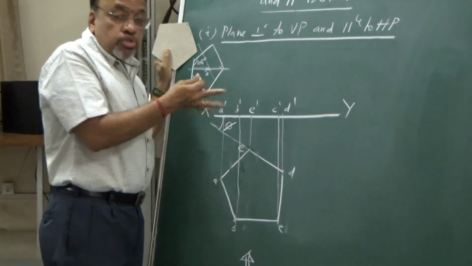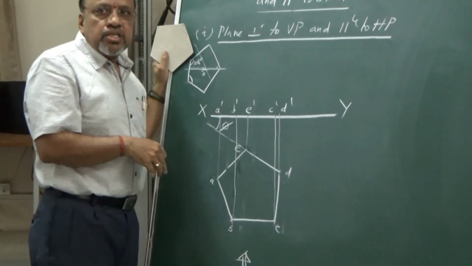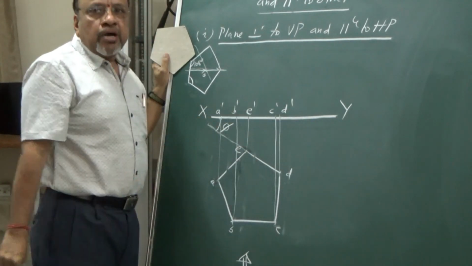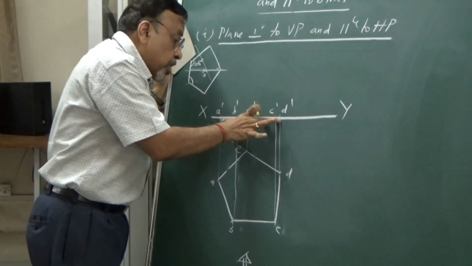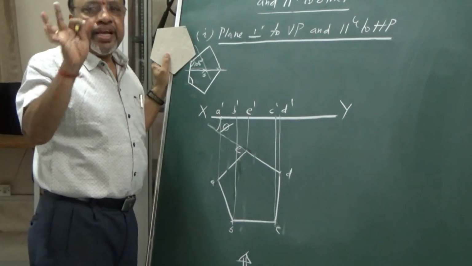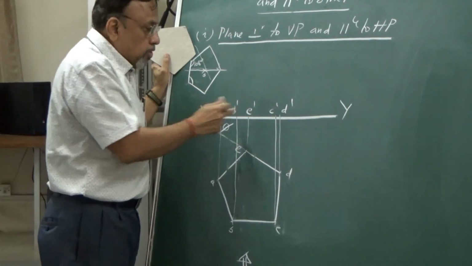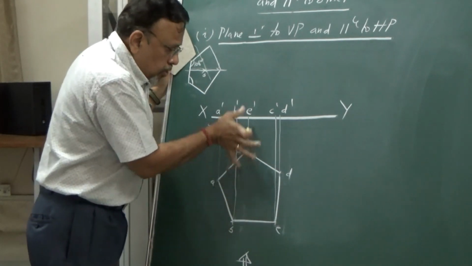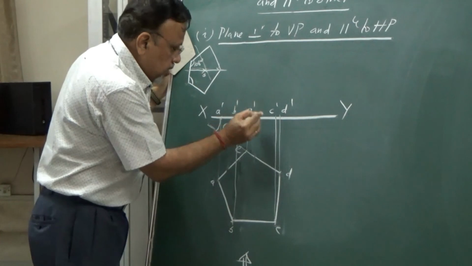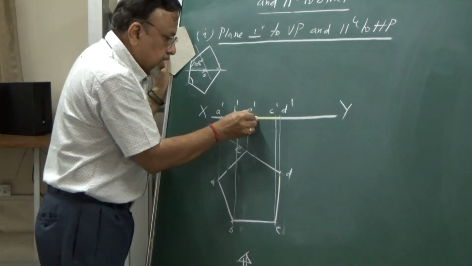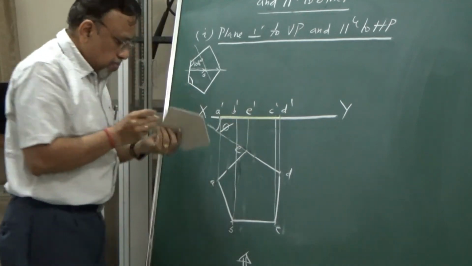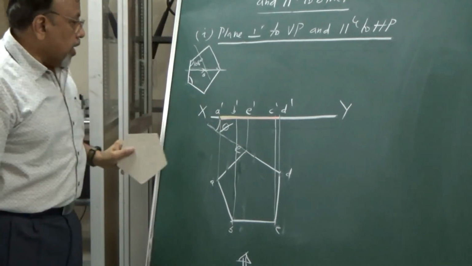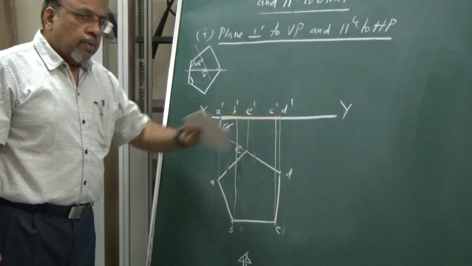I need to show the distinction now because both cannot be the same thickness. If it is of the same thickness, I cannot make out which is the XY line and which is my lamina. So remember, your final views have to be darker than this XY line. Generally that's the reason we say that the XY line should be drawn with medium thickness, whereas the front view and top view should be drawn with more thickness than that. Anyway, I will just draw this because this is a plane. So this is the plane.